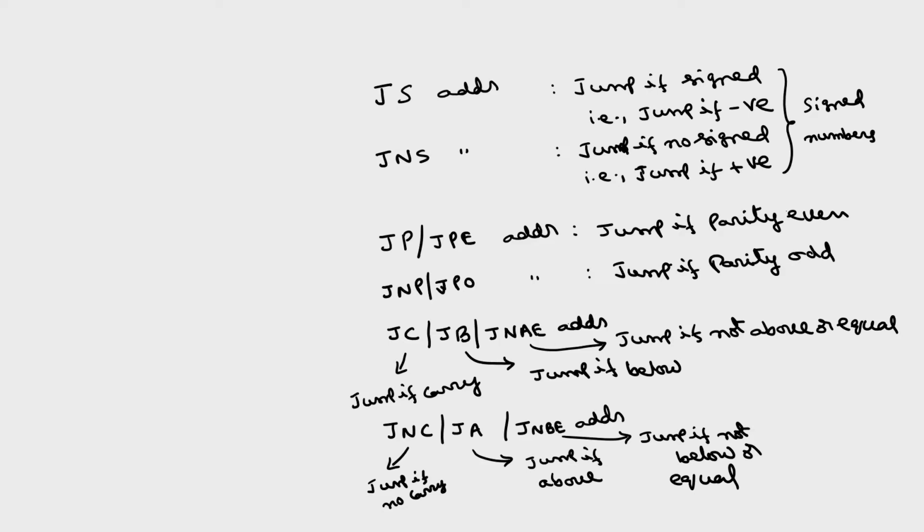So, we have discussed a total of 8 instructions corresponding to 4 flags. We have discussed the zero flag, sign flag, parity flag, carry flag, and we have 2 more instructions corresponding to the overflow flag, jump if overflow. If the overflow flag is set, we know the condition for the overflow flag to be set. If the overflow flag is set after the result of the instruction which is just above this one, then the microprocessor control will go to this address, otherwise it will skip this instruction and go to the next instruction.